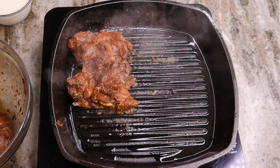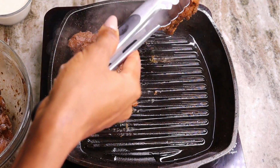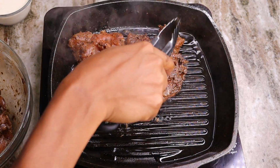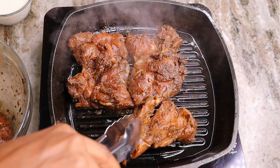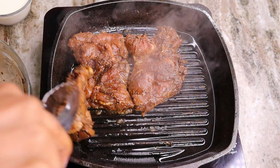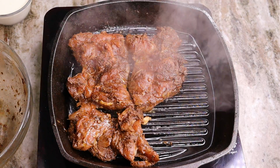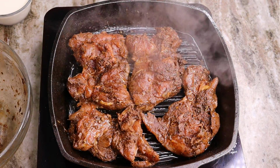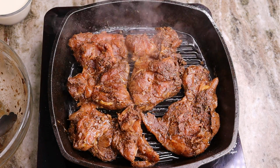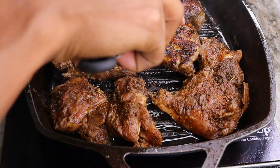I am using this cast iron grill-ish thing here. That way we can have some grill marks on the chicken, okay? Optional again, because it makes it look nice and pretty once it's done cooking. So I added the oil on there. Once it's nice and sizzling, you are going to place your chicken skin down, okay, for about 5 to 6